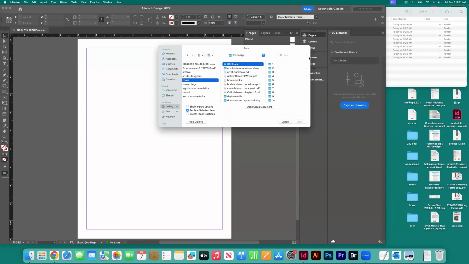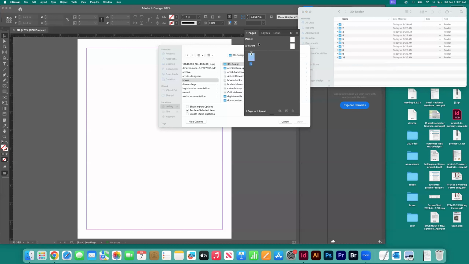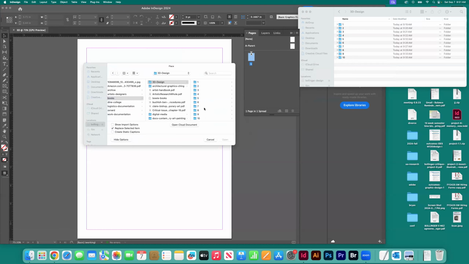And then here you can kind of see the folder in the Finder window, and here I am navigating to that folder with this dialog box. And so chapters 1 through 10 are there. And I'm going to start with